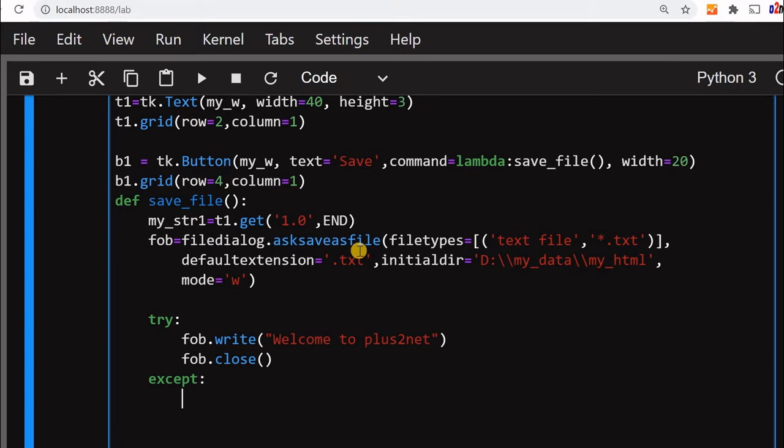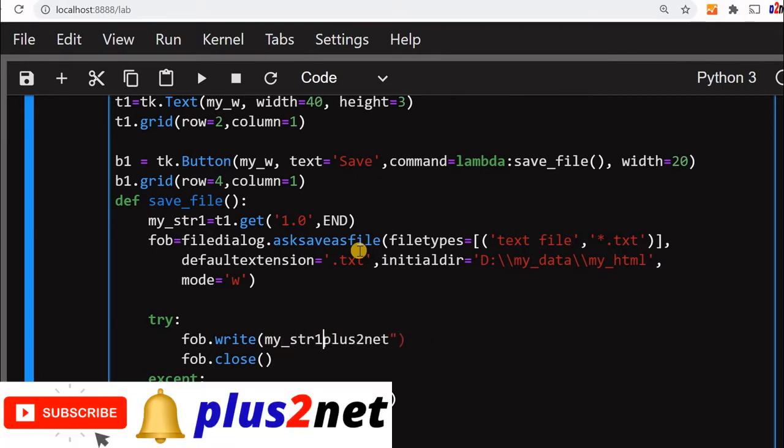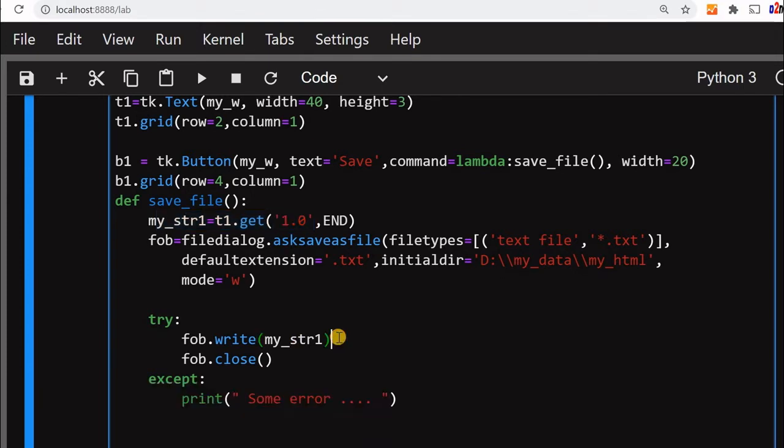Now we'll give a message here, print some error, whatever text you want to write. Now while writing, we'll simply write mystr1, because mystr1 now holds the data the user has entered. You have collected it from here, so we will write it. Now this is one step.